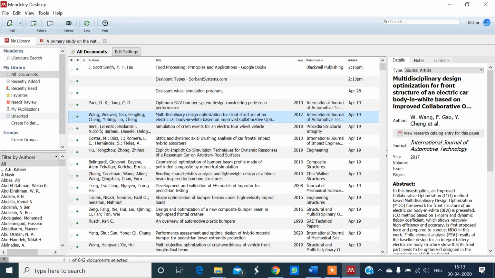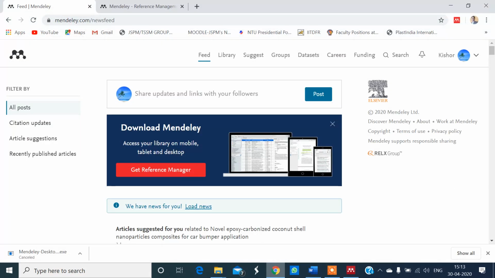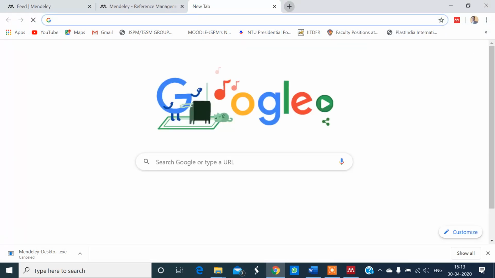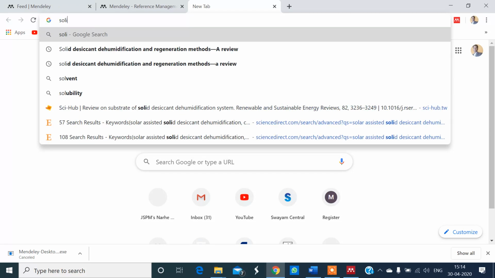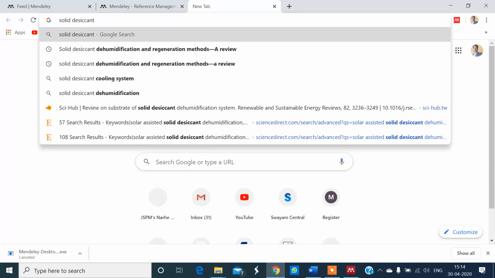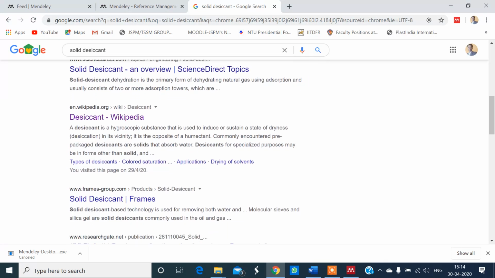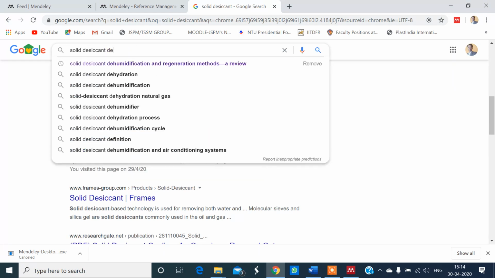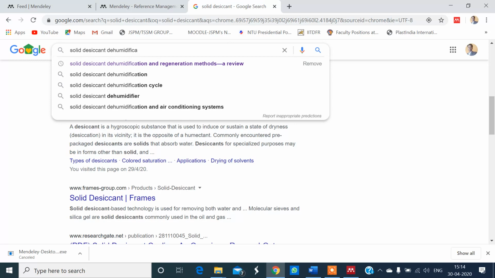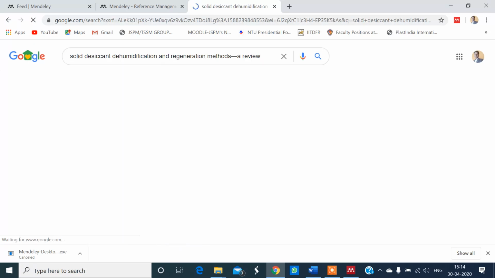You can add papers from an online source also. Just take a look. If you want to add a paper which is not available in hard copy with you, there is one paper.